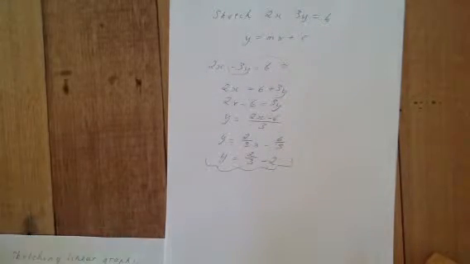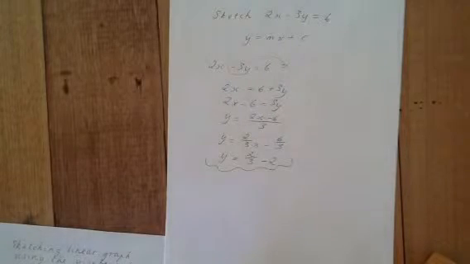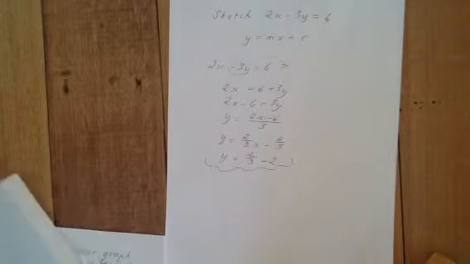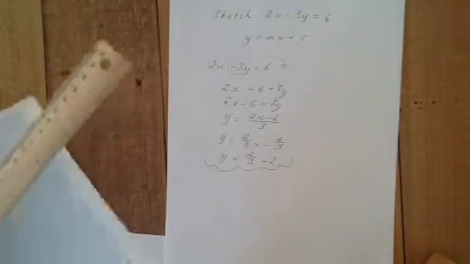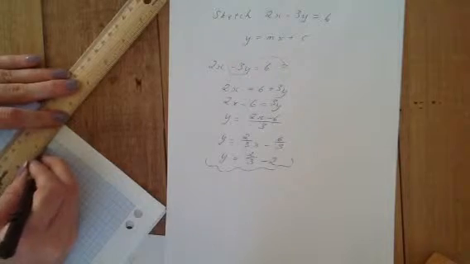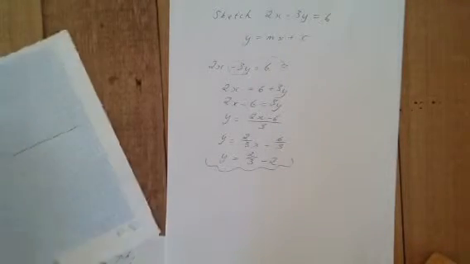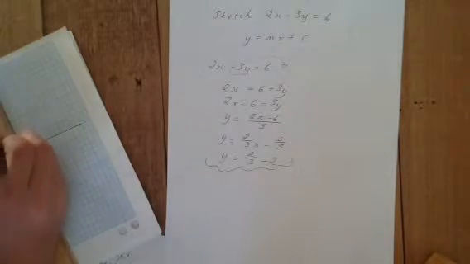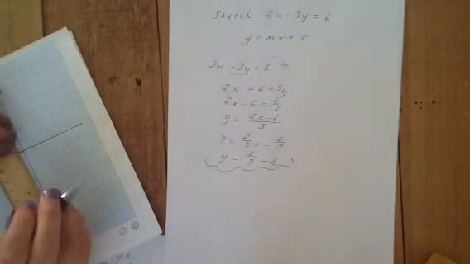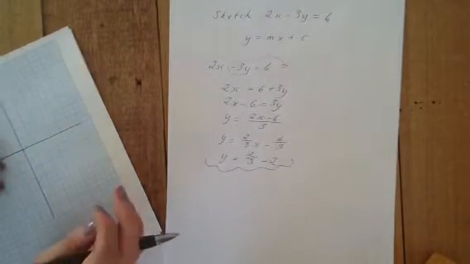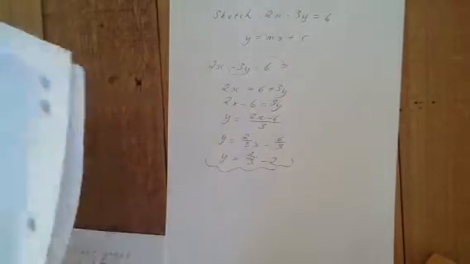So let's do that. Looking straight away, I want you to take a second to write down what the gradient is and what the c value is, which is the y-intercept. This method, by the way, is just one of the ways that we can draw a graph. It just depends what information we have. So next lesson we'll be learning about other ways to sketch graphs. Okay, so